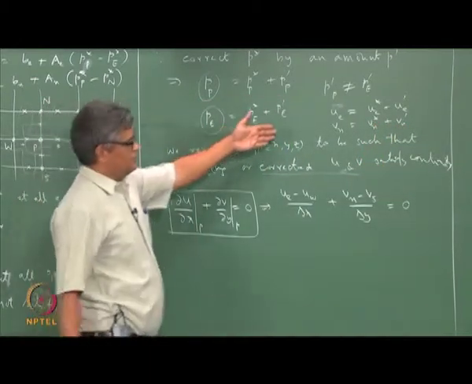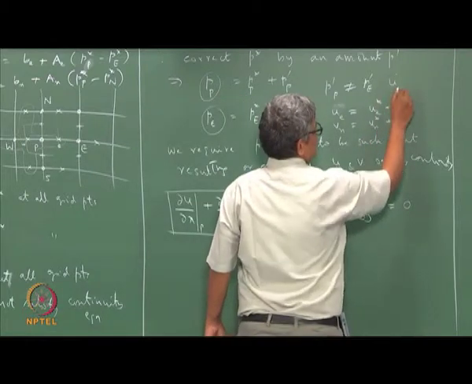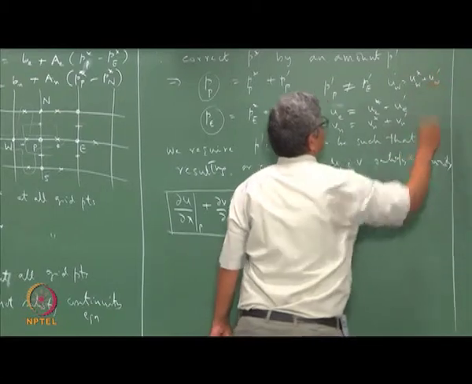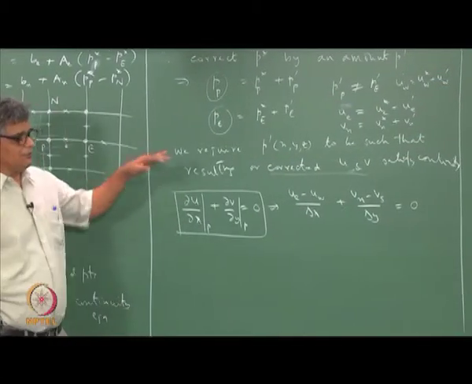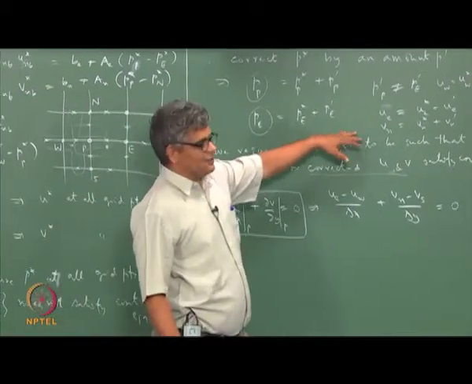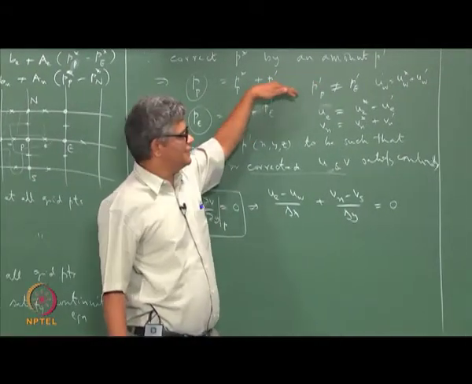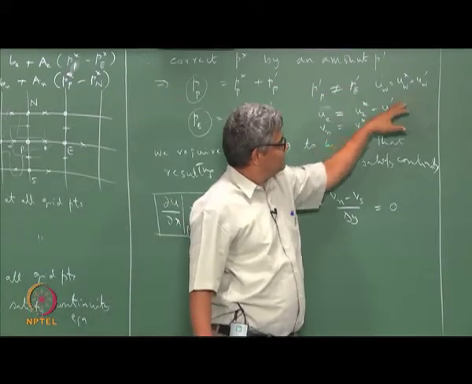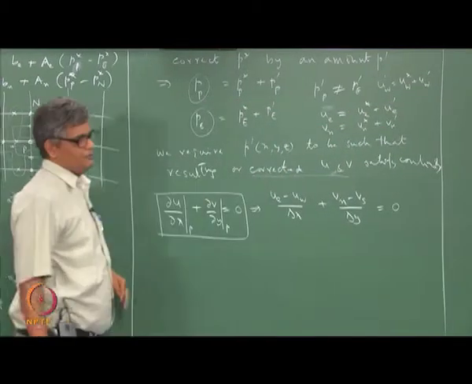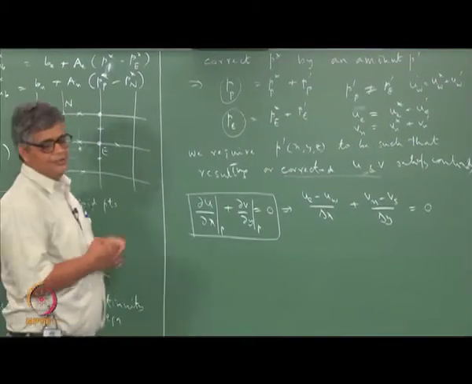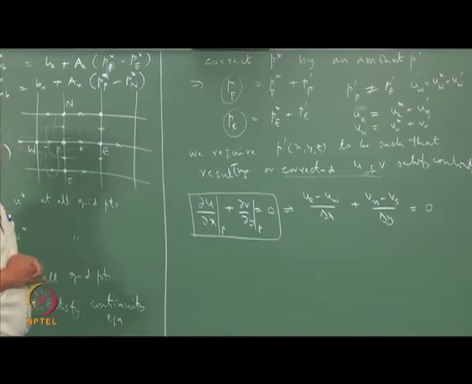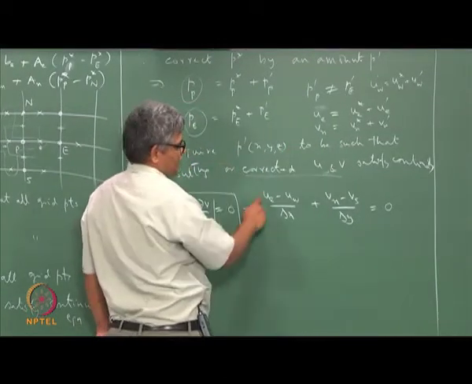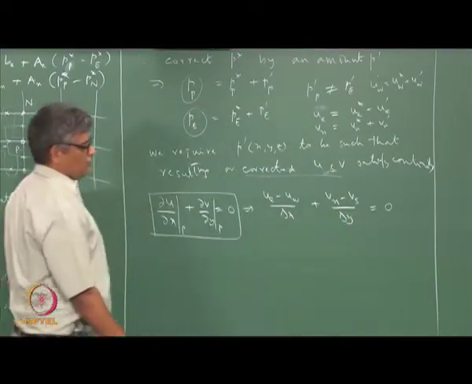And similarly, we can also write uw is uw star plus uw prime, and so on. So what we mean by this is that when we introduce a pressure correction, there is also a velocity correction, and this velocity correction is specific to each location at which the velocity is being evaluated. In the general case, this velocity correction is not the same at all points. So now these are supposed to be the corrected velocities, and they are supposed to be satisfying the continuity equation.